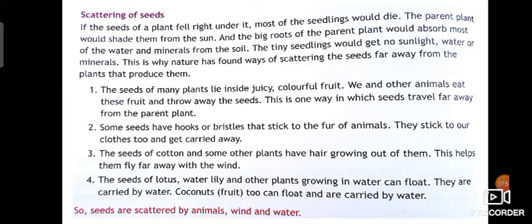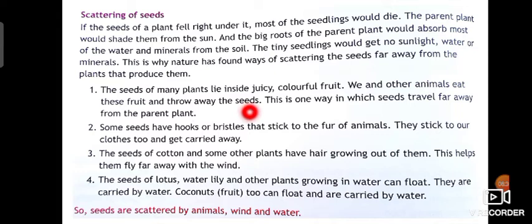The seeds of many plants lie inside juicy, colorful fruit. Okay, we and other animals eat this fruit and throw away the seeds. Okay, we eat a lot of mangoes during the season and will throw it in the dustbin, and the garbage collector will take away the seeds from our house and throw it away somewhere.